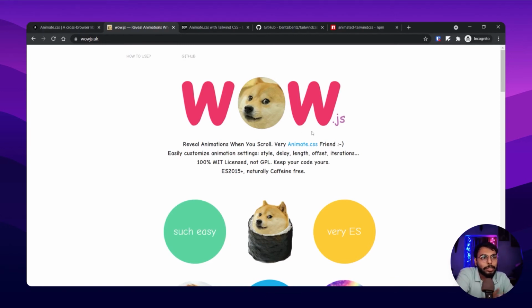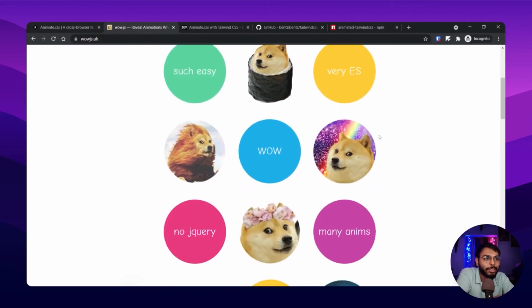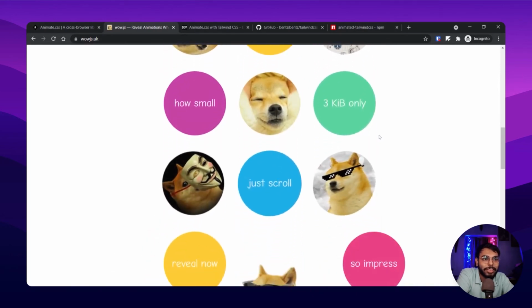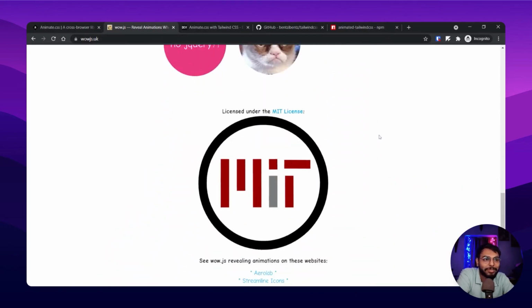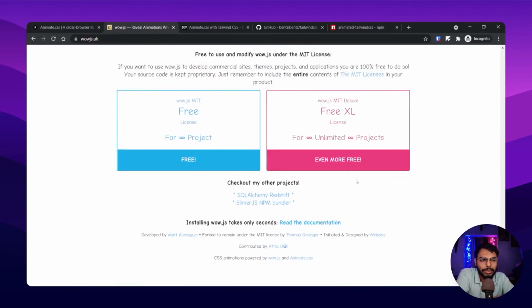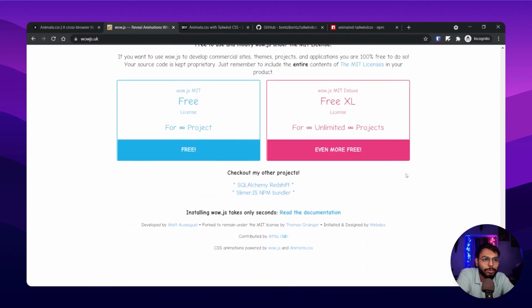WowJS uses animate.css, and they have built it on top of it. What WowJS does is let you use the same animate CSS animations while scrolling. Isn't that great? Obviously it's great.